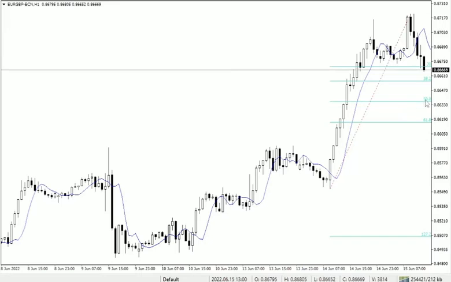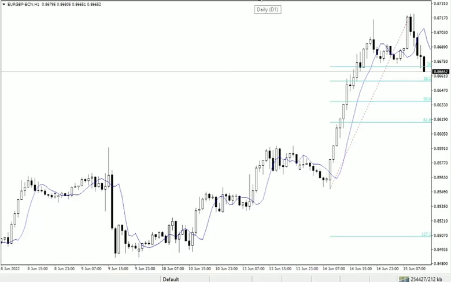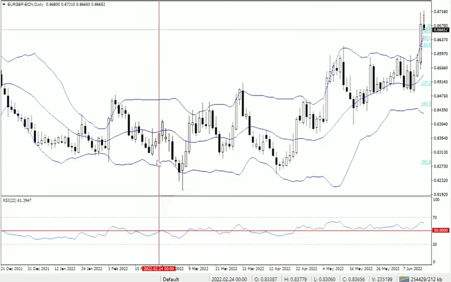My target is 50, so 50 is the 50% of whole move up from this low to this high. So the technical scenario here is double repo pattern. There is another technical scenario which we can see on daily time frame. This vertical line is a line drawn on February 24th, when Russia invaded Ukraine, and ever since then Euro GBP